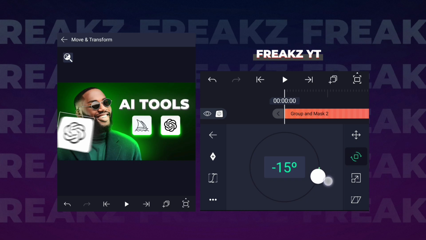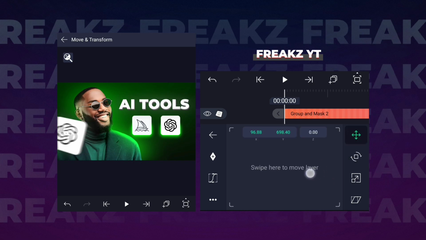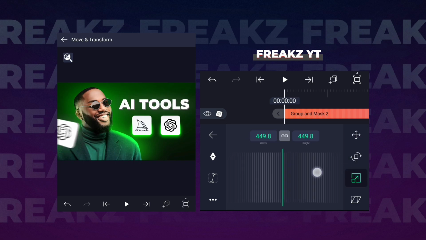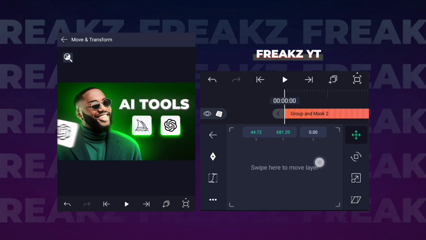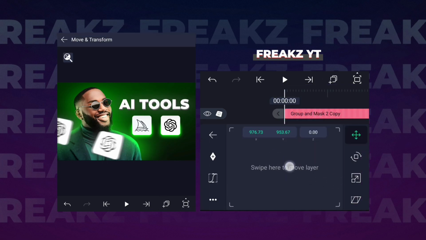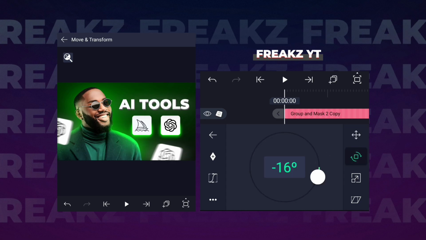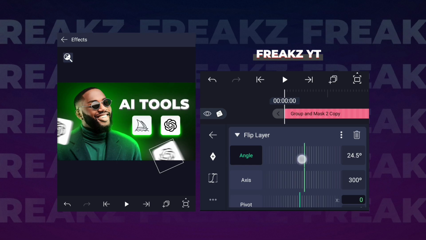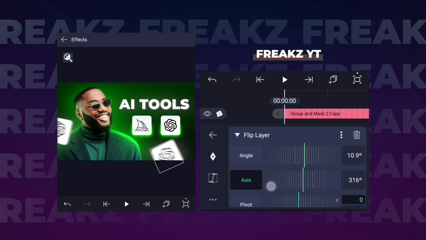I'm changing its rotation a little bit to the right. Then I'll duplicate it and move it to the right part of the thumbnail. I'll change the rotation and also change the flip layer axis and angle.